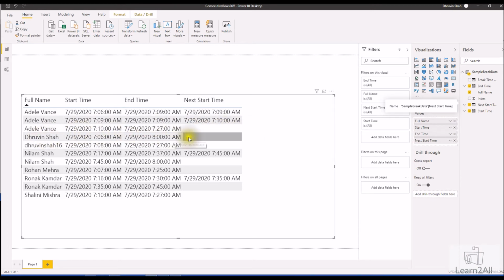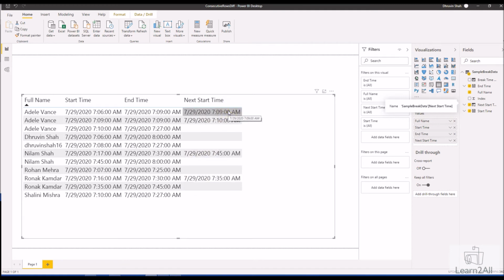For this as well we don't have a second pair, so there is no next start time. For this employee, we can see we have a next pair, so this next pair is considered as the next start time over here, right? So we took each and every pair over here like this, right?